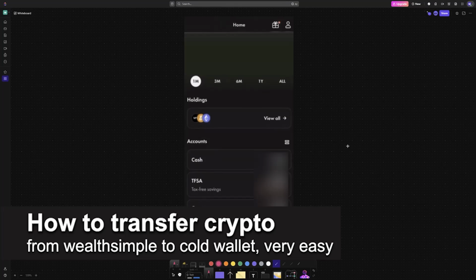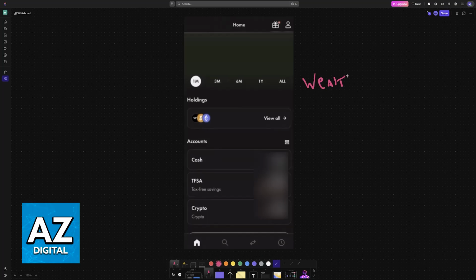In this video, I'm going to teach you how to transfer crypto from Wealthsimple to ColdWallet. It's a very easy process, so make sure to follow along. In this video, I'm going to teach you how to properly set up your ColdWallet and receive any crypto assets from Wealthsimple. So in order to do this transfer, you simply need the receiving address from your ColdWallet, and you